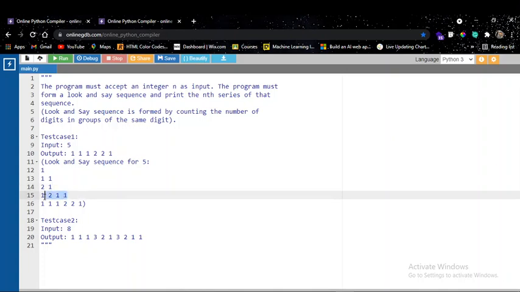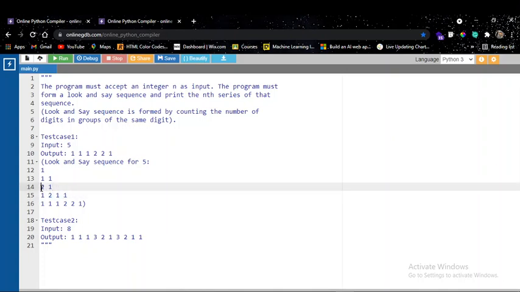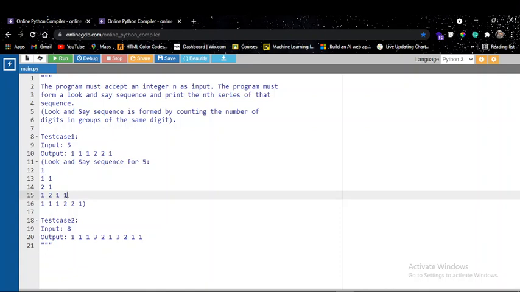So the next row will be like the first value is 2, right? So how many 2's are there? There is only one 2, so 1 2, and then the next value is 1. So how many 1's are there? There is only 1, right? So 1 1. So this goes on like this, and then the last row will be like